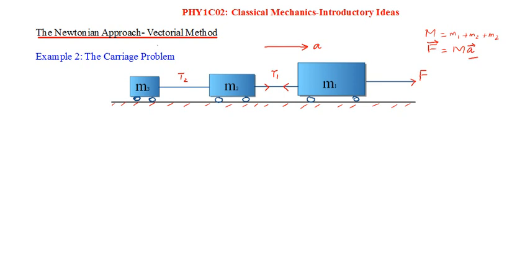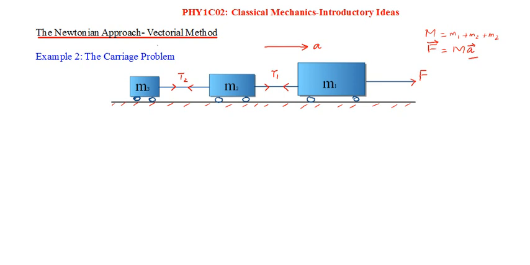Similarly, tension T2 between M2 and M3 will be pulling M3 towards the right, giving it an acceleration A. But the same tension will be pulling M2 backward. It will be pulling M2 backward. You can understand it logically also. You imagine that